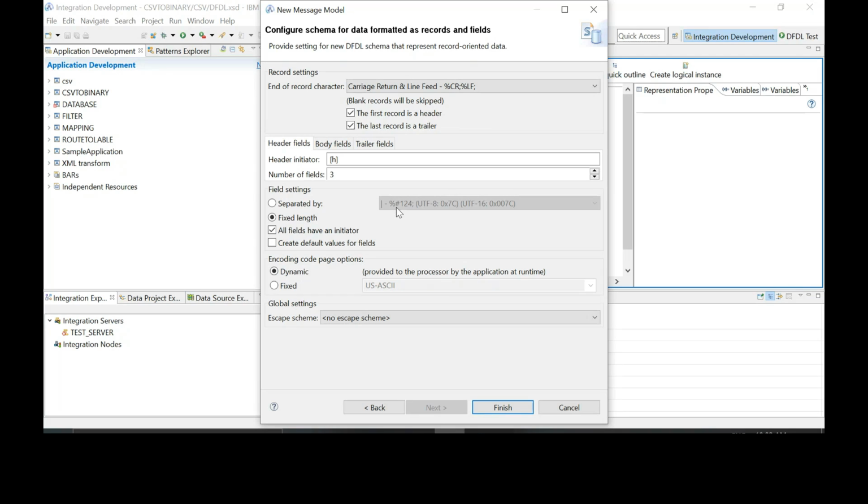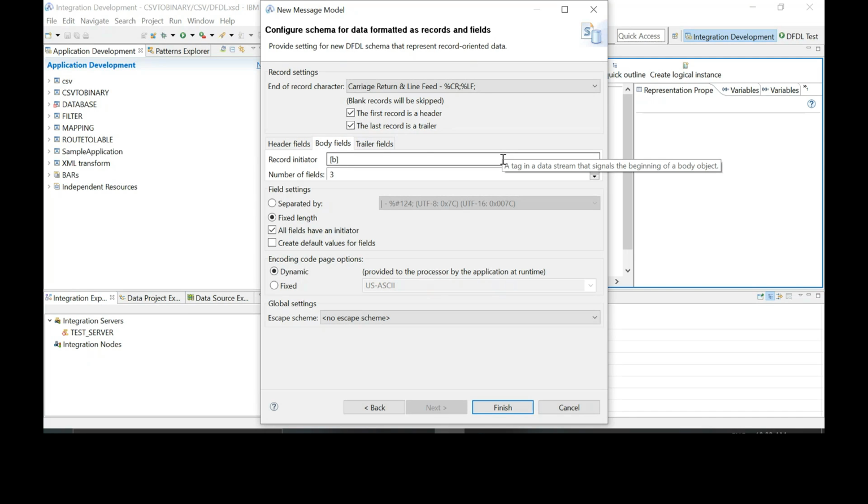For record oriented or fixed length format, you will define what the length of each field is. You're telling here that the header will be 3 characters. There are 3 fields in the header, and click on body fields. Yeah. There are 3 fields in the body.